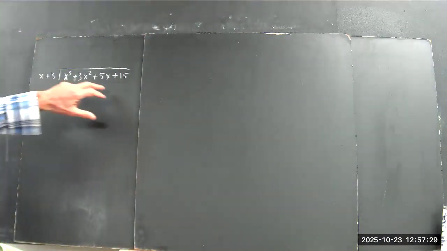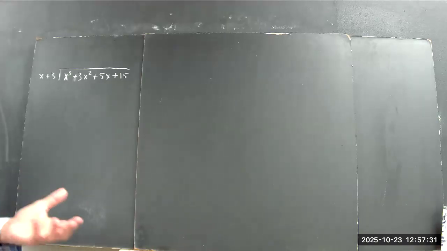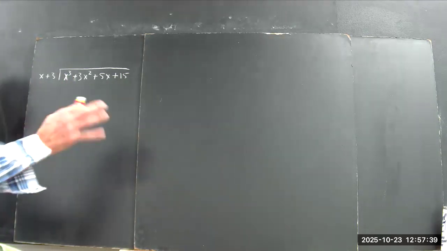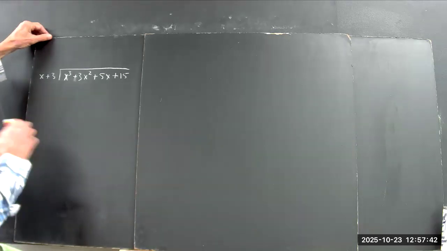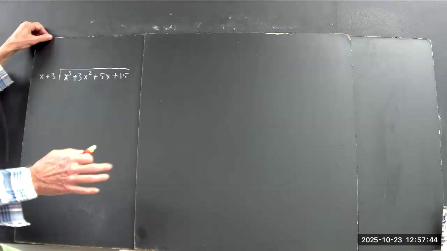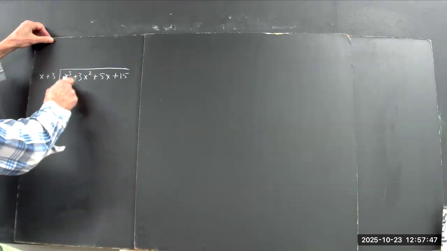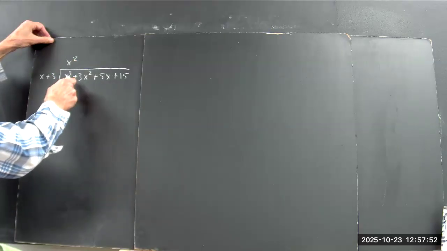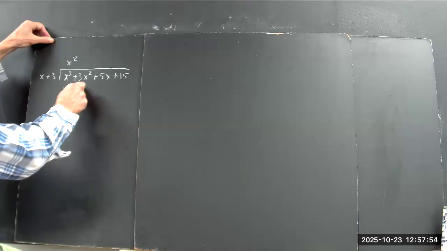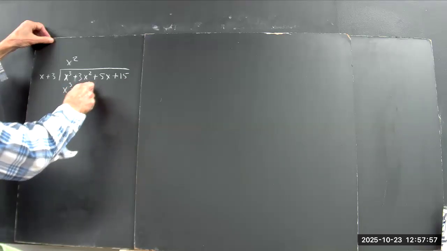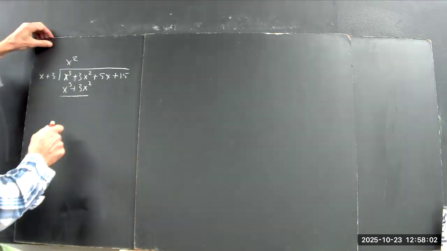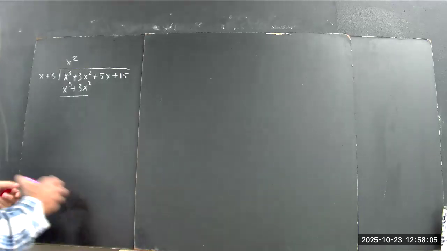Okay, well, this one turns out to work in just 2 steps. If you put a plus there. If you put a minus there, it takes a little longer. But I designed it so it would work out. So x goes into x cubed, gives you x squared times x gives you x cubed, and x squared times 3 gives you 3x squared. And it's plus, just have the plus on the 3. So when you subtract these,